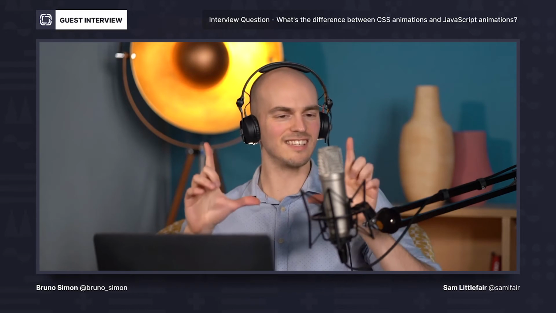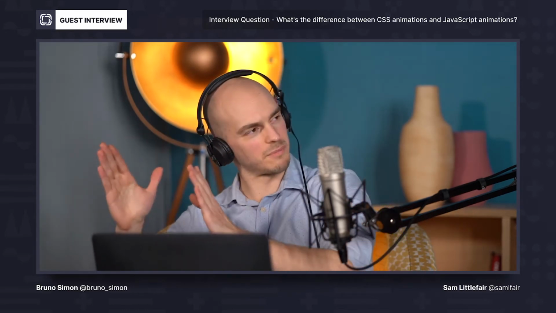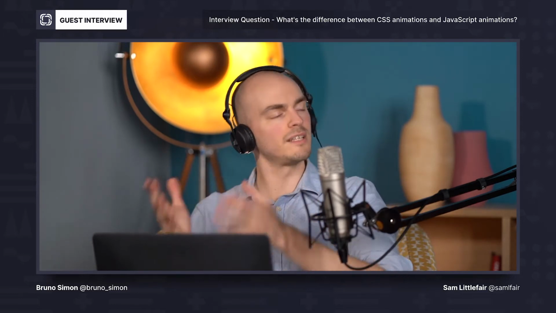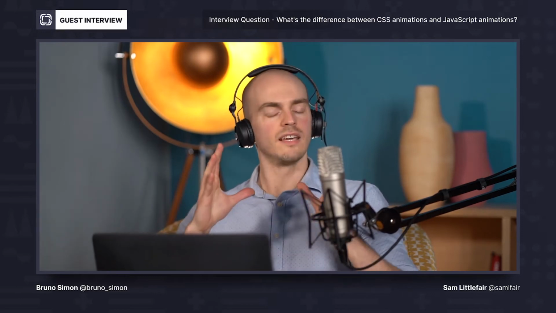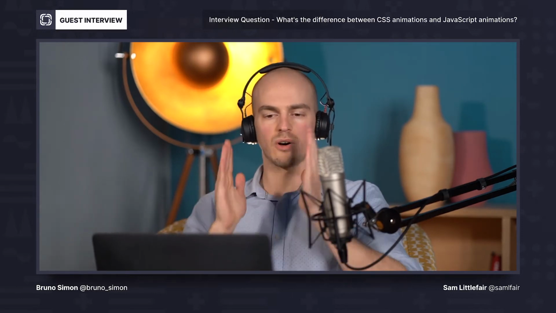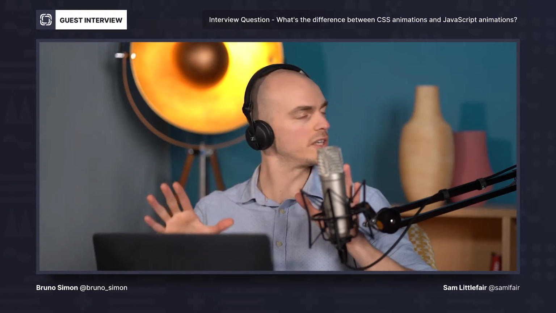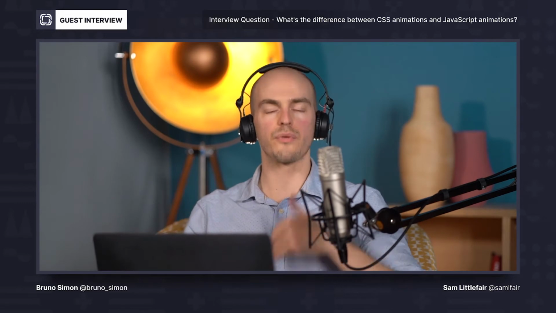If you need a more complex transition, where it gets bigger and then starts wriggling like this, in that case you have multiple steps: state A, state B, state C, D, and it continues like that. So you have multiple states. In that case, you might need what we call an animation. An animation will go through different keyframes. But yet again, you know that those are the steps, and it's always the same. From the beginning of the animation, you know these are going to be the steps. They won't change through the animation.